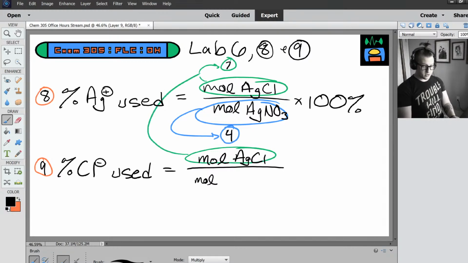The denominator here will be the moles of copper chloride dihydrate